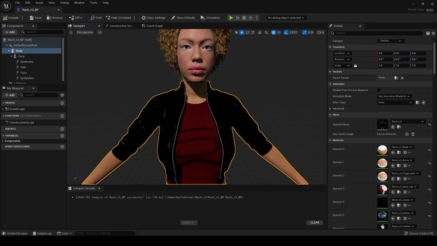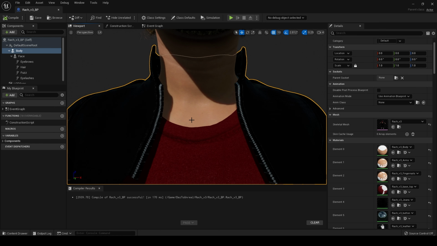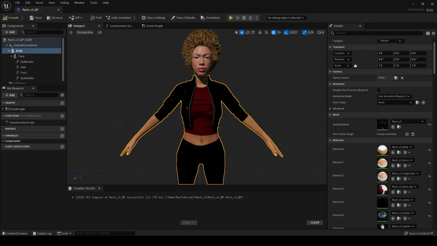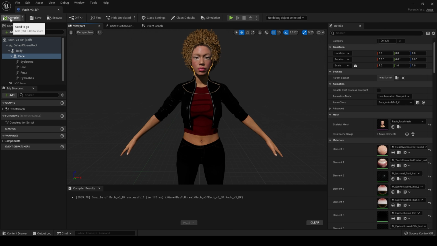But sometimes we can just simply edit the materials of our face character. And you will see this in other tutorials. We adjust the material for the face and we use opacity masks to just simply cut off the chest. Now that is going to be incredibly difficult, not impossible, but it could take me a long time to create an opacity mask that will line up exactly with this Daz body. So I'm going to do it another way, but we'll get to that anyway.